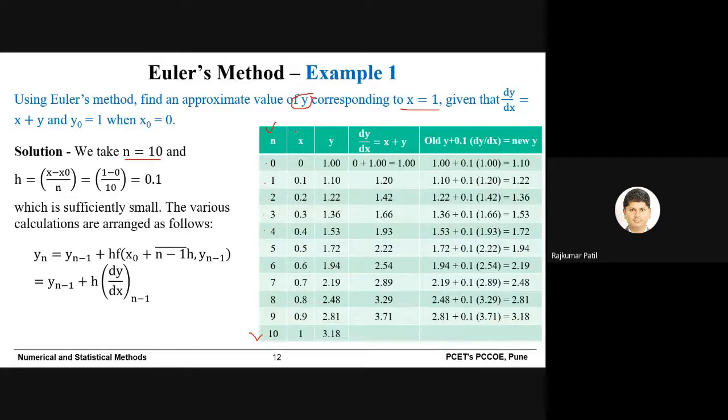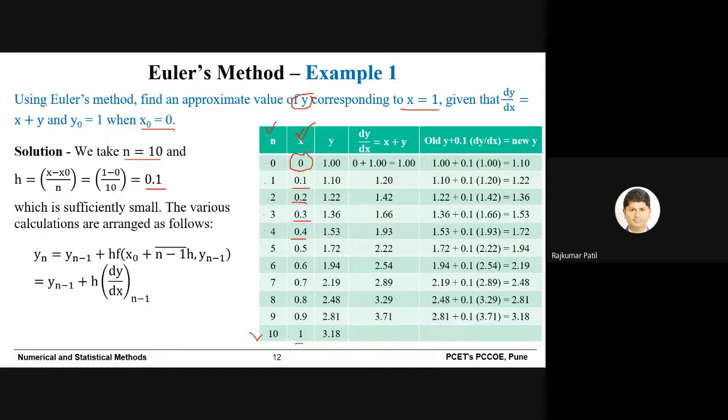So this is how in column number 1 you can put the value of n. Then in column number 2 you will see the value of x. At the beginning the initial value of x is x naught, that is 0, as you can see in the first row. Then the interval is h, that is 0.1. So x1 will be 0.1, x2 will be 0.2, x3 will be 0.3, then 0.4, 0.5, 0.6 up to 1.